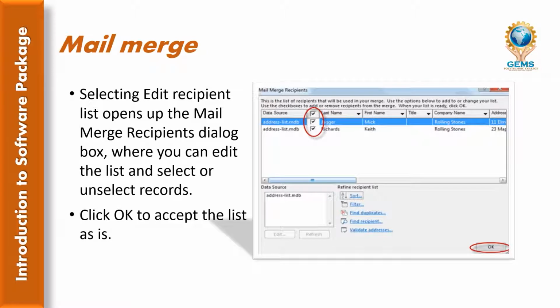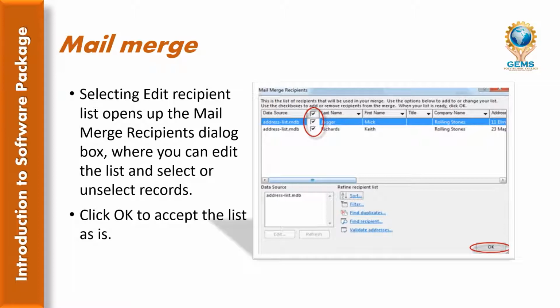This image clearly shows how to edit the recipient list or mail merge recipients. First, selecting edit recipients list opens up the Mail Merge Recipients dialog box, where you can edit the list and select or unselect the records.